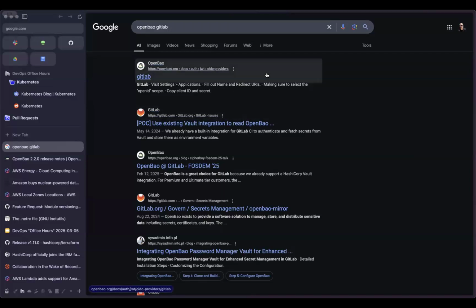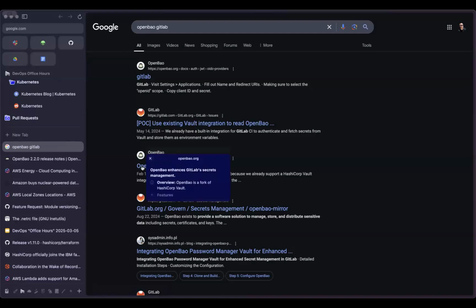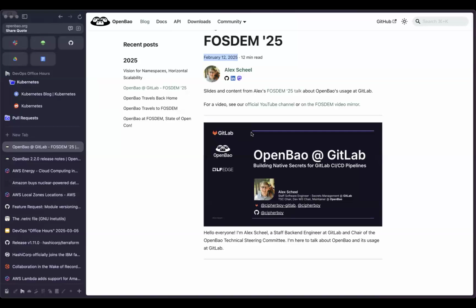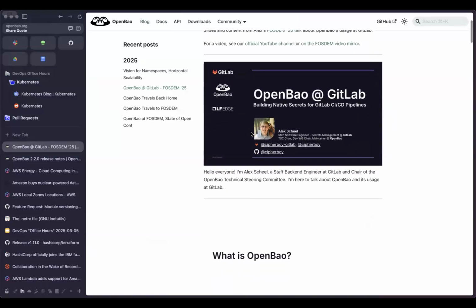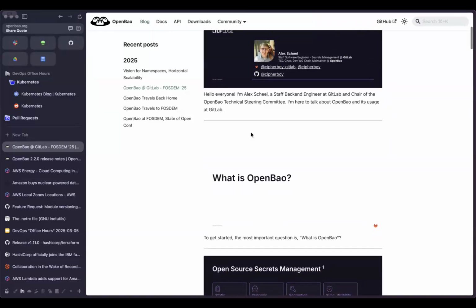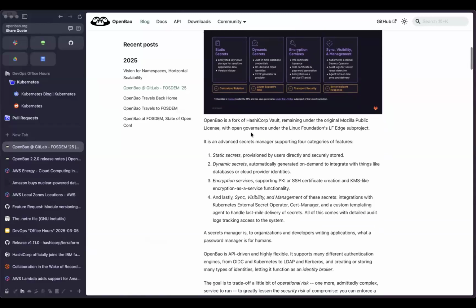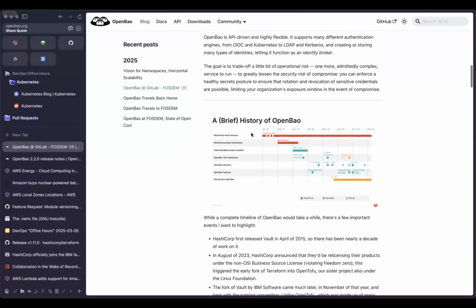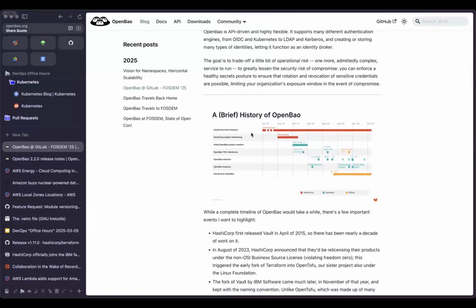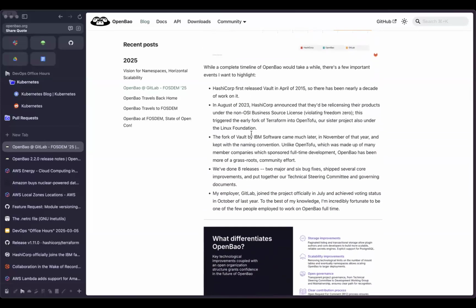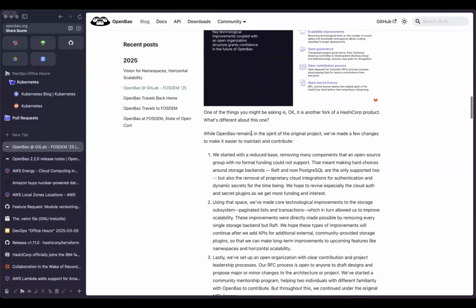But I don't know to what extent people have been using it because the web UI hasn't been there for a while, if they've just been compiling it. Yep, Alex, that's the guy. I think he's one of the main contributors on this project. I usually see him quite active in the chat room as well as on issues and everything. And then I think they've gutted some of the storage backends as part of this change. Not sure if that's good or bad, but they support, I believe, the default Raft, file system based storage, and then they support Postgres.